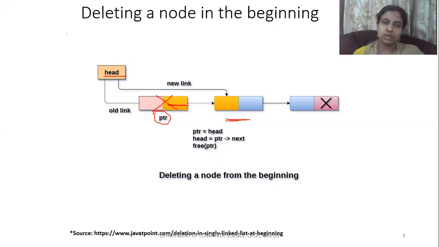From the beginning you need to assign the current pointer, and then you need to assign the head position as the pointer of the next node. Wherever the head is pointing, that head node's next part you need to take. So this is the next part. Now the address part of this node you need to take. Assign that address to the head position so that this will be deleted, and last you need to free the first node. This node has to be freed up. So this is how the deletion of a node in the beginning works.